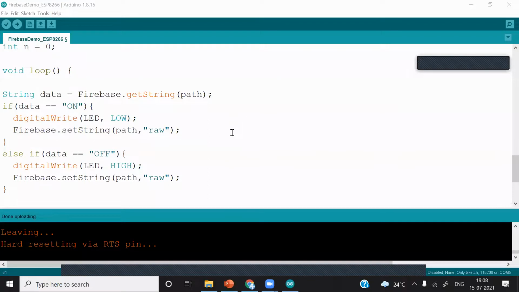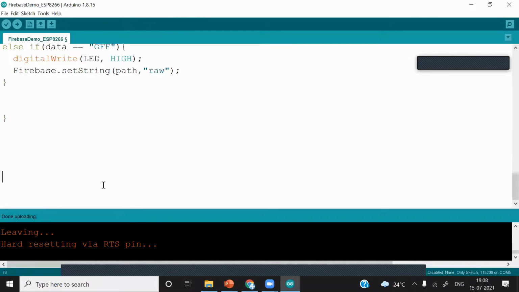How many types of data can we save? See, fundamentally, we can save four data types. As I know, the very important ones are string, integer, float, and boolean. Boolean means true or false. These are very important, and you can send or fetch all four data types. I have not shown the boolean data type, and you can just use Firebase. I will show it for boolean with Firebase.